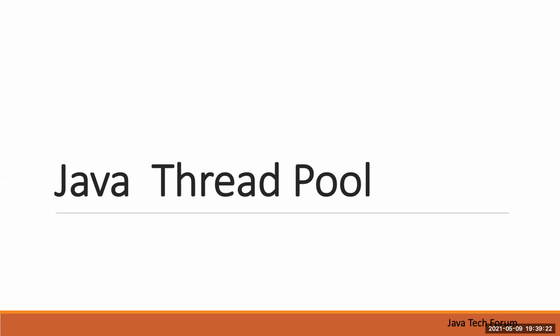So let's say if I want to run my application with five or six threads, we can create a thread pool, and we'll keep five threads initially. If it is required later on, we can increase it. The major advantage of a thread pool is that we can reuse the threads.